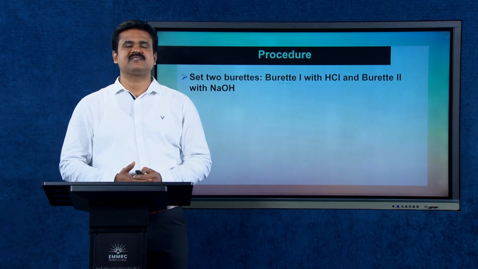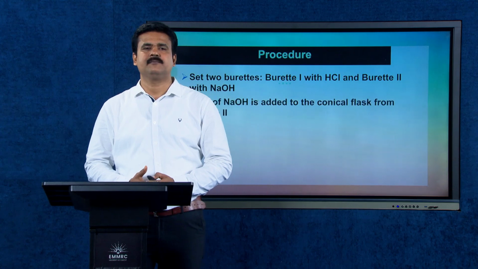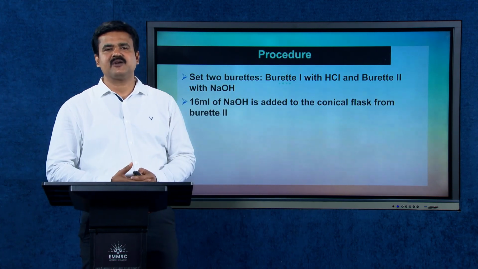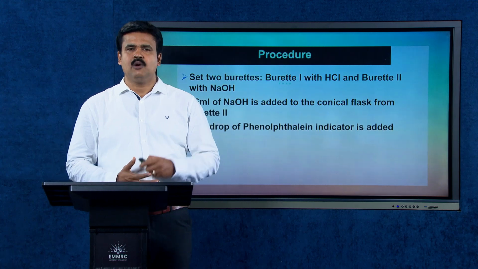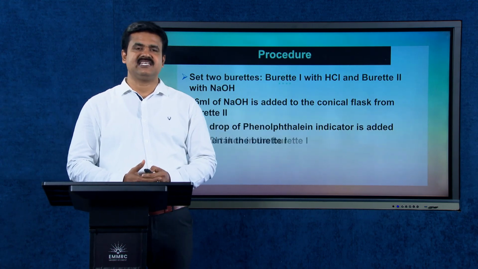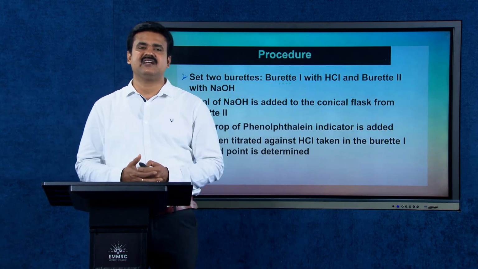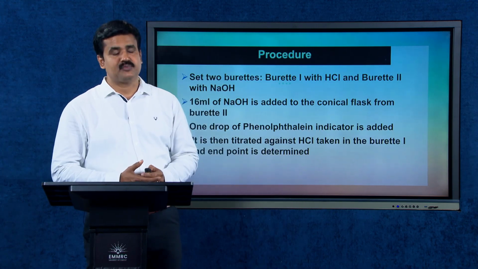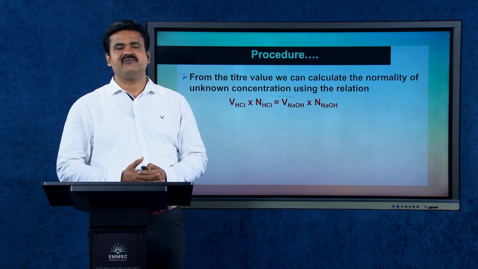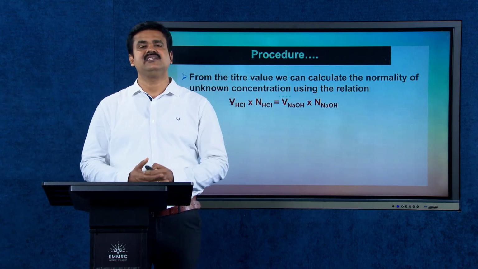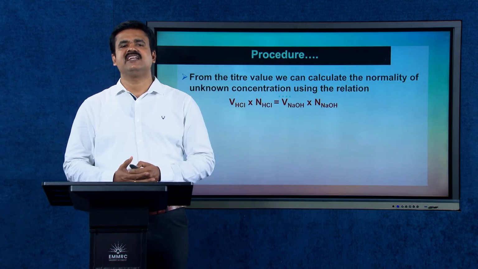Set 2 burettes, burette 1 with hydrochloric acid and burette 2 with sodium hydroxide. 16 ml of sodium hydroxide is added to the conical flask from burette 2. 1 drop of phenolphthalein indicator is added. It is then titrated against hydrochloric acid taken in burette 1 and the end point is determined. From the titer value, we can calculate the normality of the unknown concentration using the relation V_HCl × N_HCl